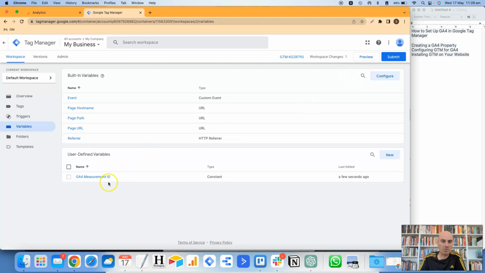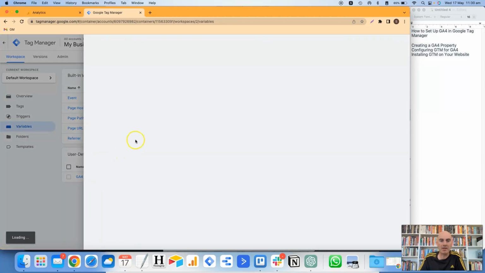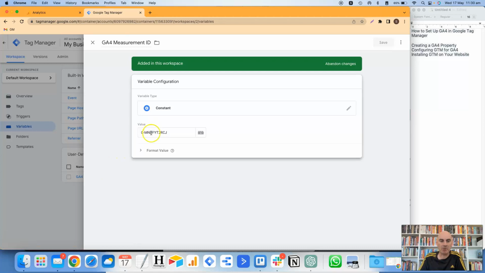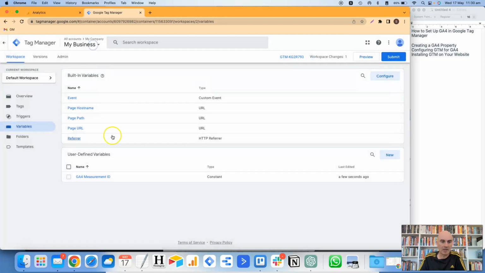And by doing it this way, if you, for whatever reason, end up switching to a different Google Analytics account and you need to update your GA4 measurement ID, then you'll just come in here and you'll change it by copying and pasting it in here to update it to the new measurement ID. And the beauty of doing it this way is that all of the tags and triggers that you've got set up for GA4, they will just pick up the new measurement ID that you set up in here, rather than having to change